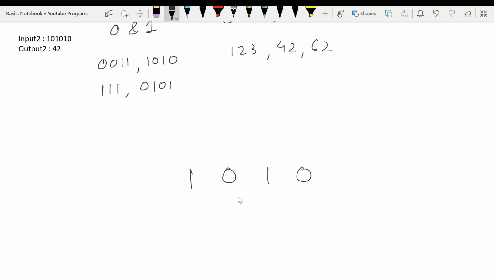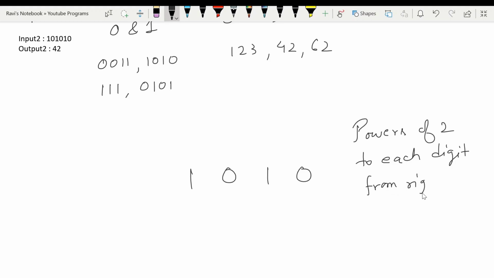Okay, again I am repeating. First step is to assign powers of 2 to each digit from the right hand side in a sequential manner. How? Let's see.